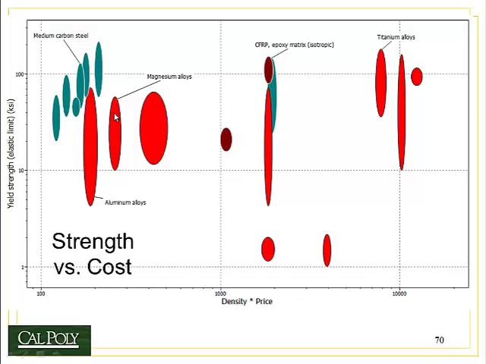And aluminum is relatively inexpensive. Not quite as cheap as steel, but still fairly inexpensive, and certainly much cheaper than magnesium or carbon fiber composite bike frames. Notice, by the way, magnesium bike frames aren't very common, and the reason for that is that they're more expensive than aluminum and really don't give